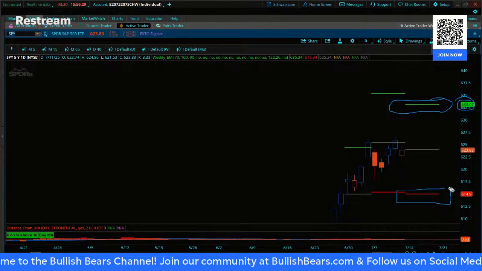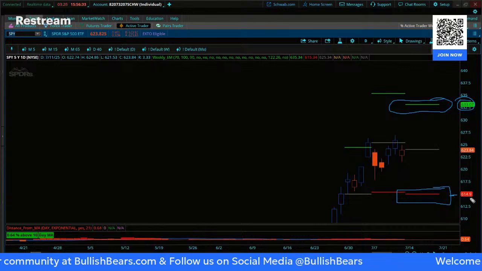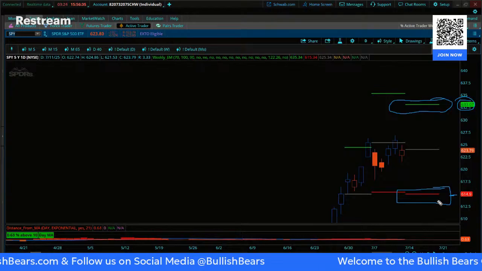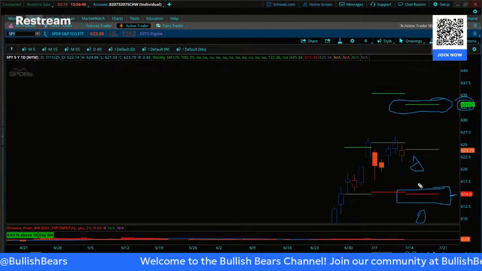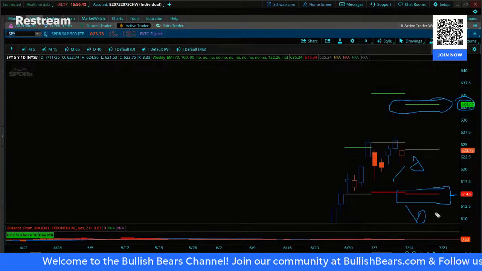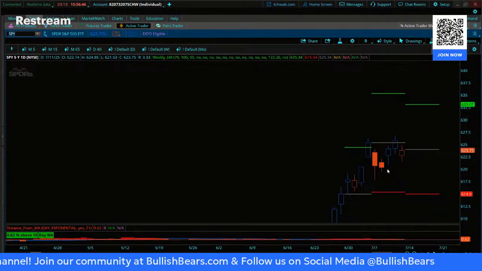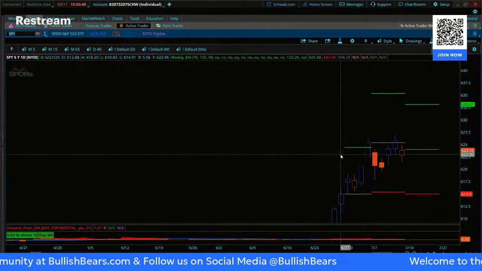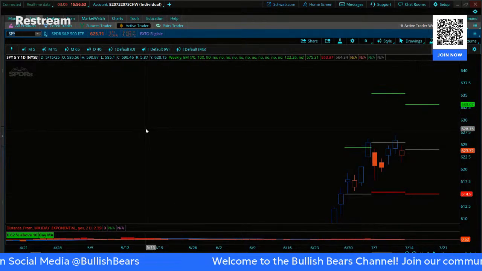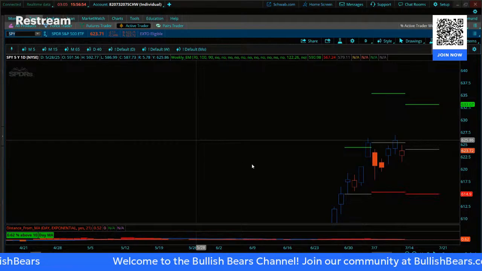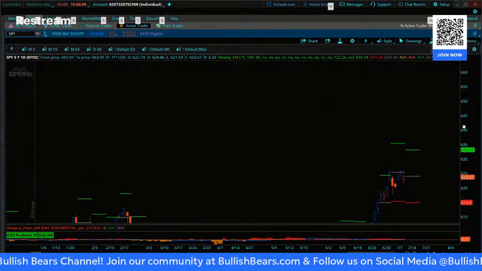And then, if you want, you would go to the put side and you would sell the 615 because it's 614.90. So, round up to 615. You would sell the 615 put and you would buy whatever puts you would want on the other side at whatever distance. $1, $5, $20, however wide you want to go. The width is on you. The location of the body is on where these lines are at. That's the butterfly play.